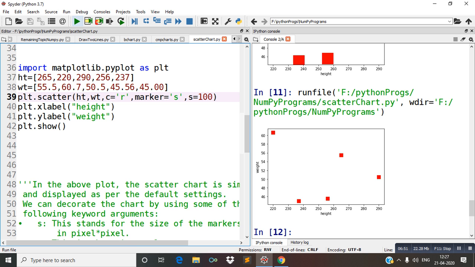And xlabel, ylabel, show, you know about all these. So there are some programs which are very simple to create a scatter graph. One more program will be explained, but that program I will take up in the next video. In today's class I explained only these two programs. So I have created a video of these two programs. Try to understand if you could not get it. I think most of the students have got the difference between these two charts and how we can draw them.